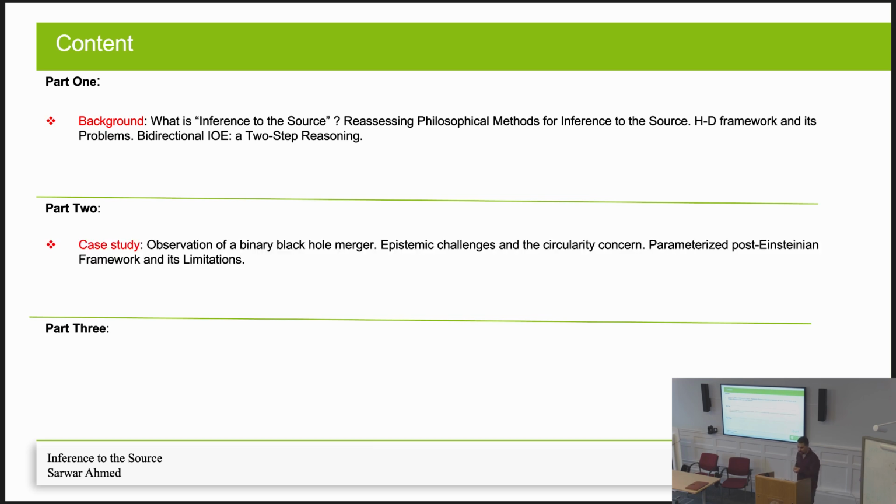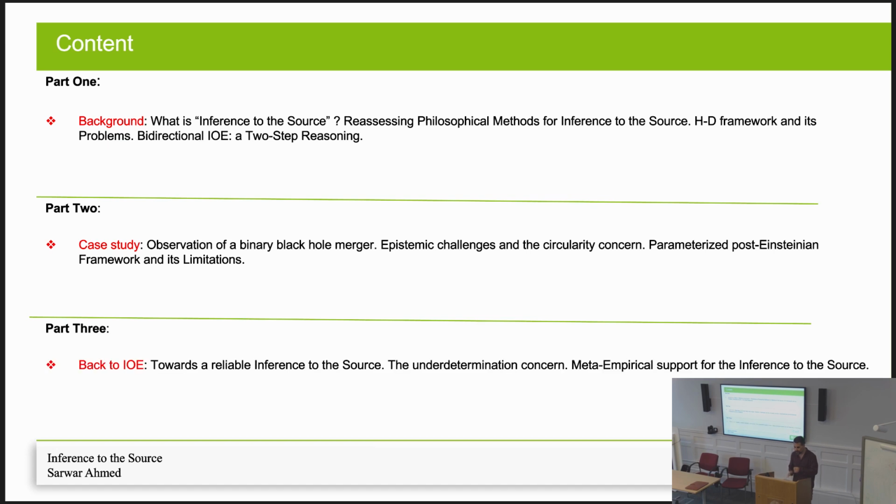And then I will present the case study, which is observing a binary black hole merger. I talk about the epistemic challenges, the circularity concern, and I also touch upon the parameterized post-Einsteinian framework and somehow its limitations. And then I will come back to the philosophical aspect. I argue for an inference to the only explanation. I talk about underdetermination and meta-empirical assessments.